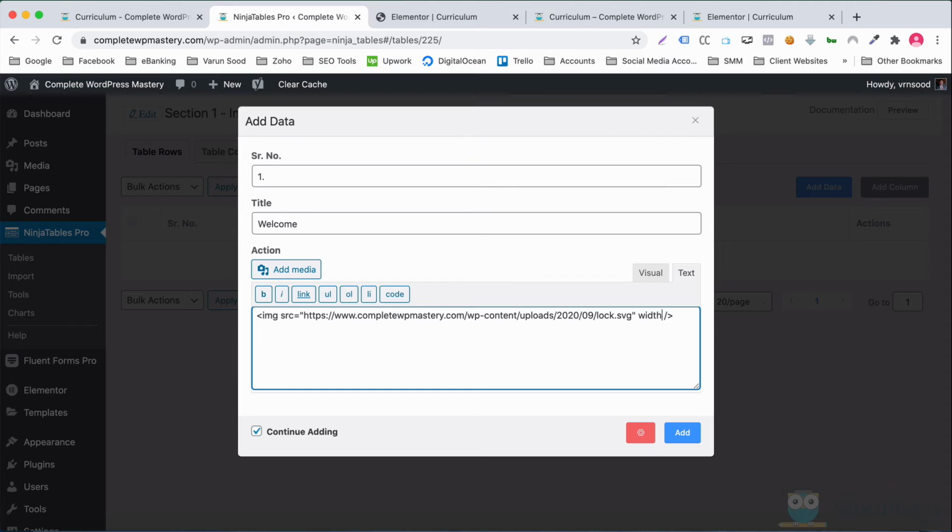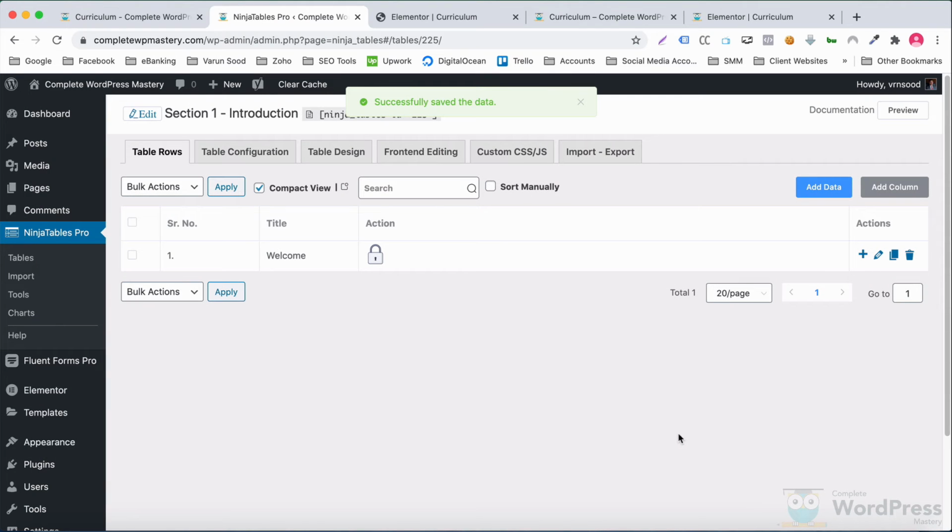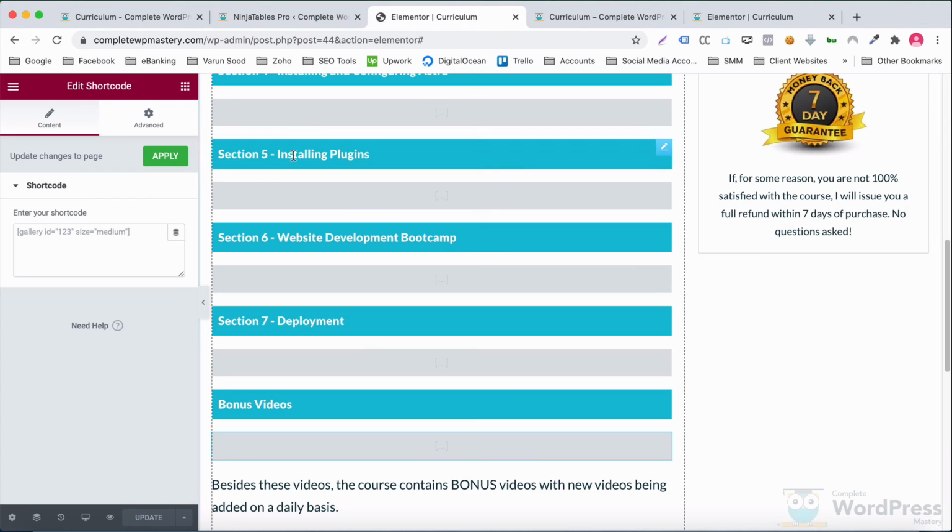Let's have a width of 30 pixels and the word locked as the alternate text and the title. I'll uncheck this box and click on Add. Keeping it checked saves this row and opens this pop-up again for the next row. But I want to show you another way of creating the next row.